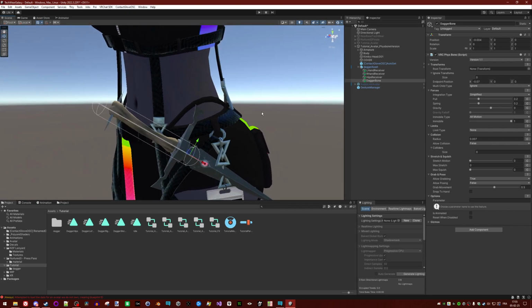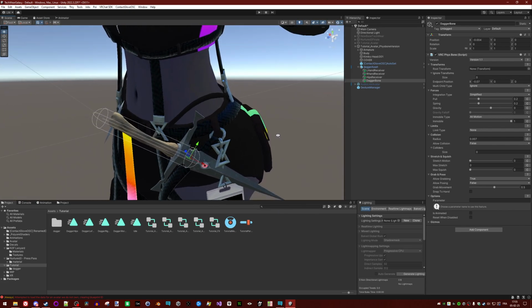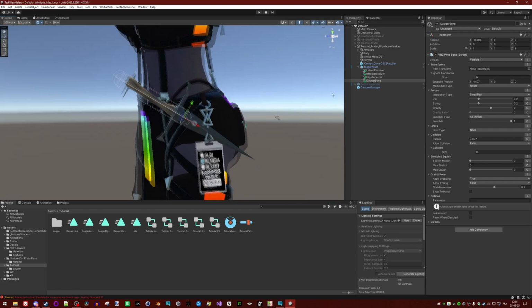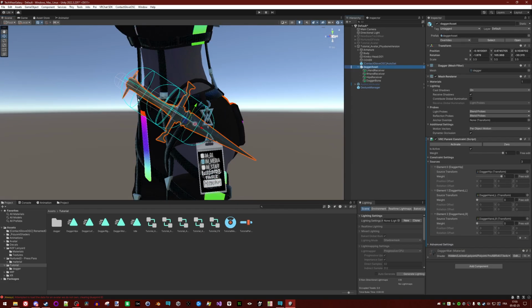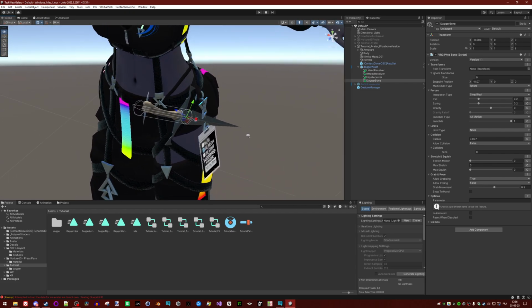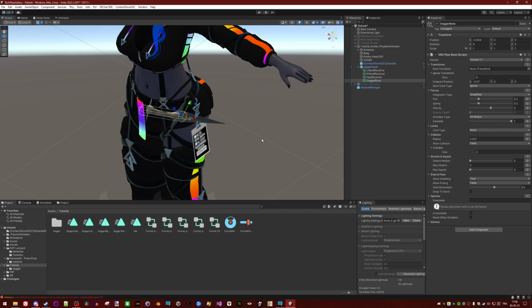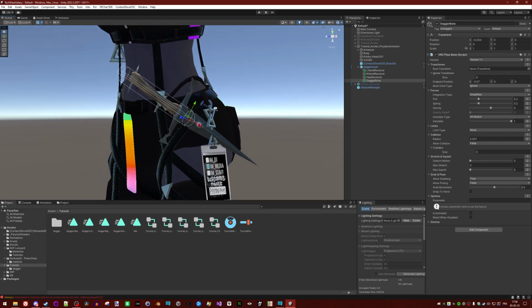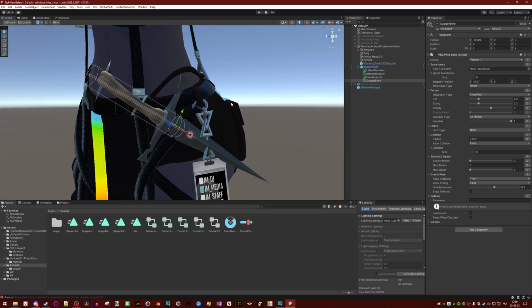So now we have this bone here on the handle. The rest of the setup is the same, by the way. The receivers, the senders, whatever, everything is still the same. The only difference between this method and the grabbing method, I mean, the only difference in the animator controller is one condition that will be different. Instead of checking the gesture of the hand, we will check if the bone is grabbed. And that's it. That's basically it.